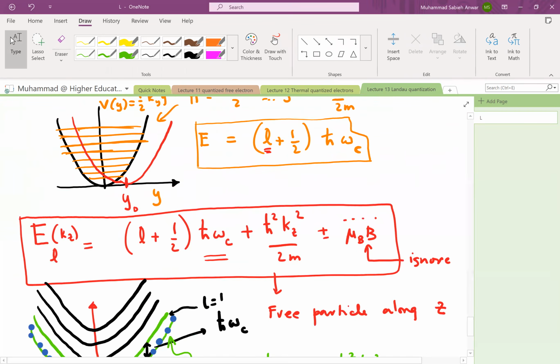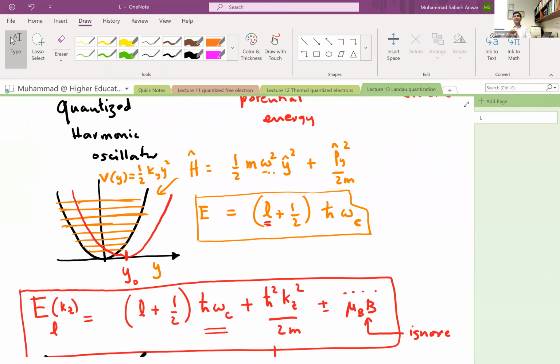See, what we've done, let me summarize in simple English. We have an ensemble of free electrons. We expose it to a magnetic field. Then what's going to happen is that the energy is going to get quantized. If the magnetic field is along the z direction, its motion along the z direction is not going to be affected, correct? So when you have a solid,